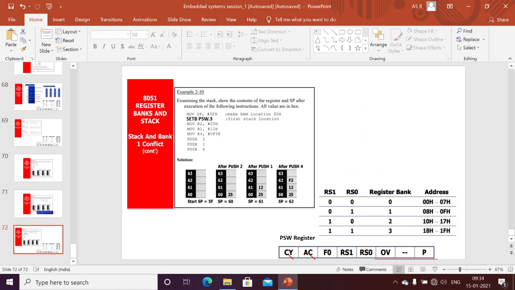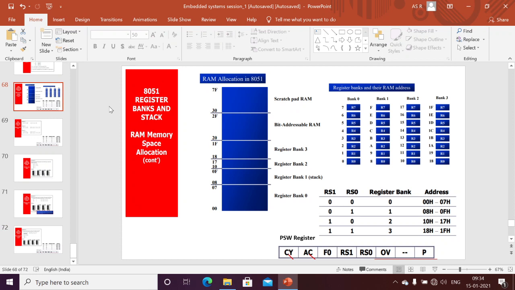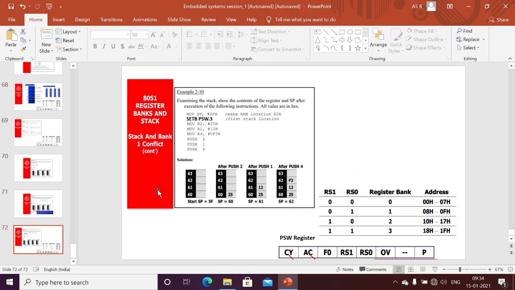Similarly, here I am moving the stack pointer to 5FH. Here, 30 means 5F, at least here. I am moving the stack pointer here so that register bank 1 can be used for general purpose. This complete R0 to R7 I can use for general purpose. Here, set bit of PSW.3. I am setting PSW.3, which means RS1 is 1. That's why I am selecting register bank 1. Here register bank 1 got selected. My stack pointer I have moved to the top.